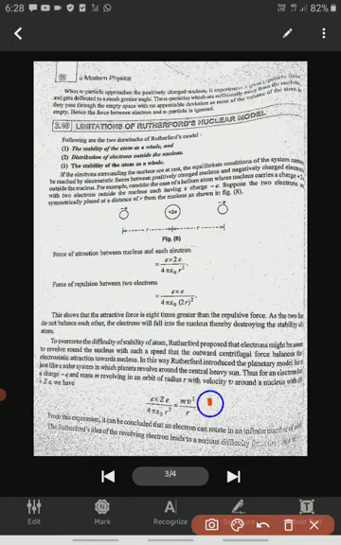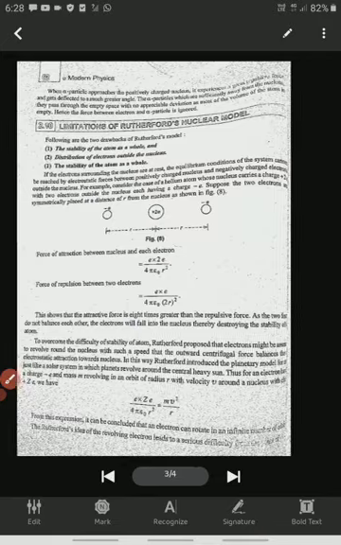Here the force is E into ZE by 4 pi epsilon naught r square. Due to this balancing force, these electrons, I mean these atoms, are not collapsed. This analysis was given by Rutherford. We should remember this point.